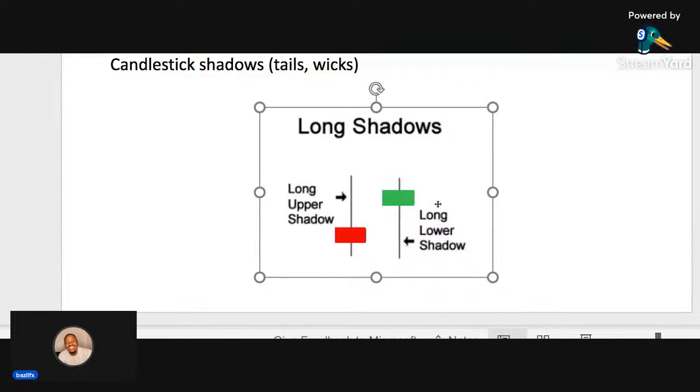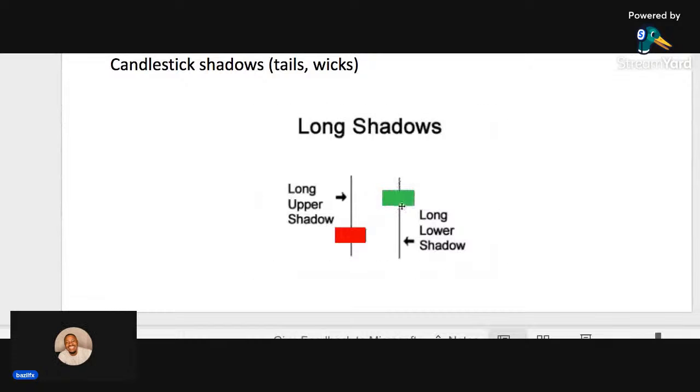Then a candlestick that has a long lower shadow. This is a long lower shadow. You see, a candlestick that has a long lower shadow and a short upper shadow represents that sellers tried taking price down, or tried bidding prices lower, but for some reason buyers came in and drove the prices back up, because there's a green candle like this. You can see. So when this happens, it means buyers are